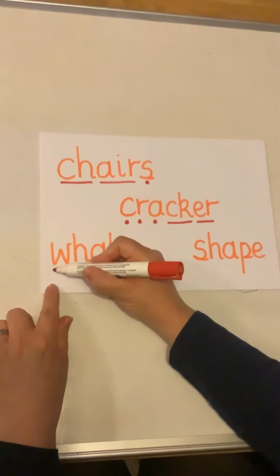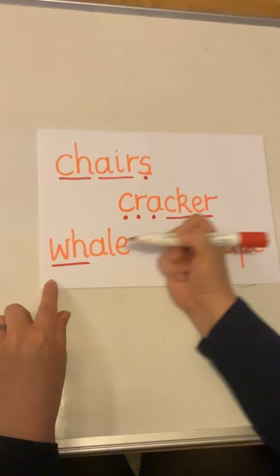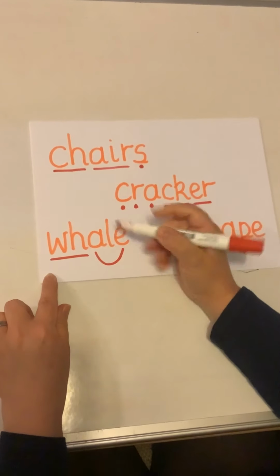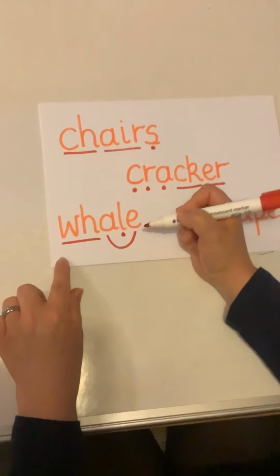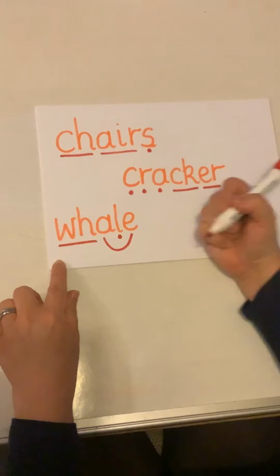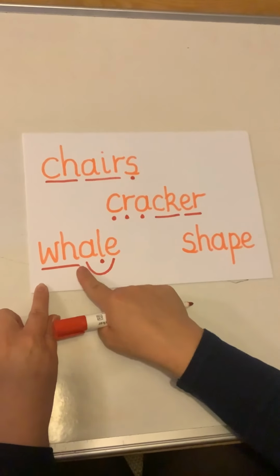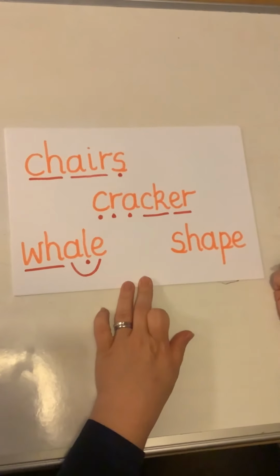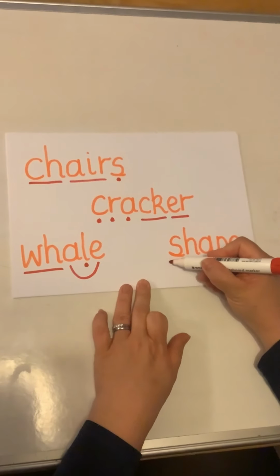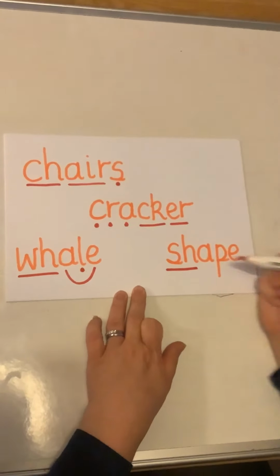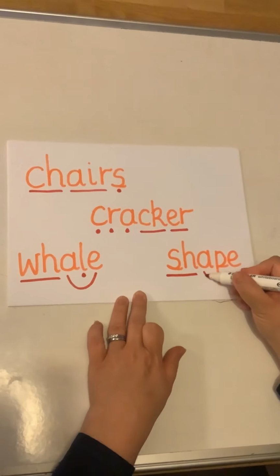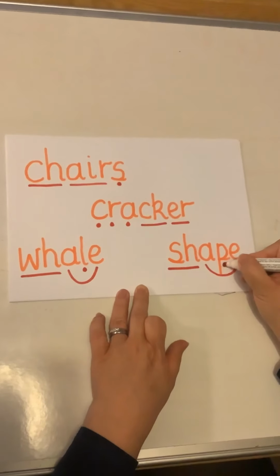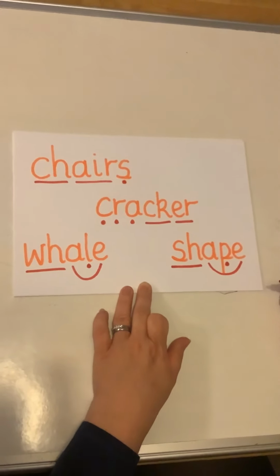Let's have a look at this word. So we've got digraph wh at the beginning. We've got split digraph a, and we've got single letter sound l. So we read that word wh, a, l, whale. Let's have a look at this one. We can see that we've got digraph sh at the beginning. We've got split digraph a, and we've got single letter sound p. So we read that word